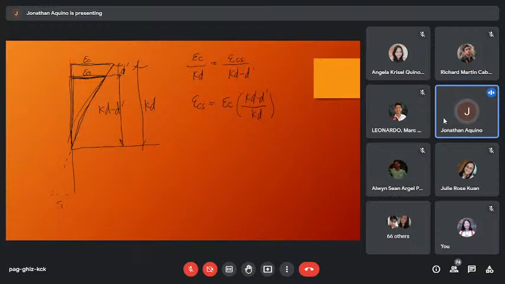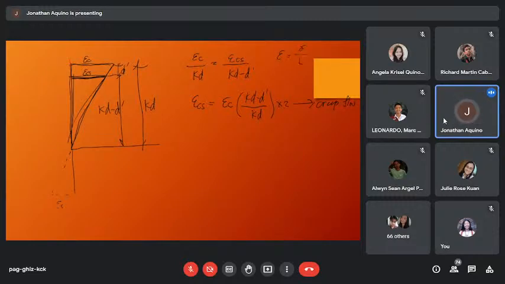Mas matibay yung steel. So kaya nagdadagdag tayo dito ng times 2 or a factor for creep load. Okay? So therefore, we know that strain